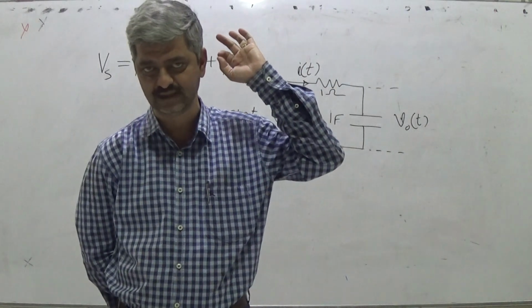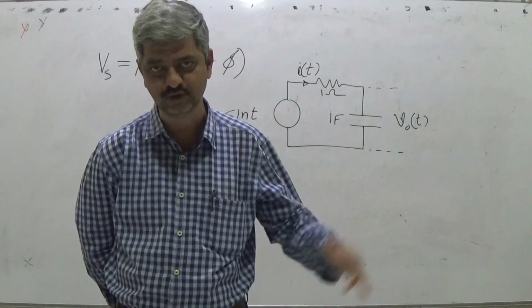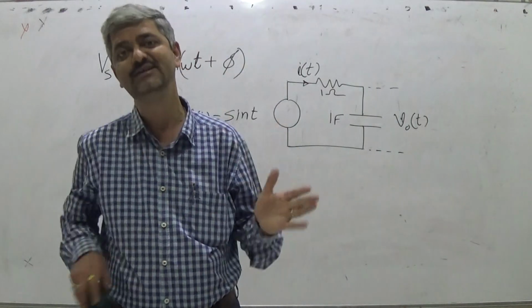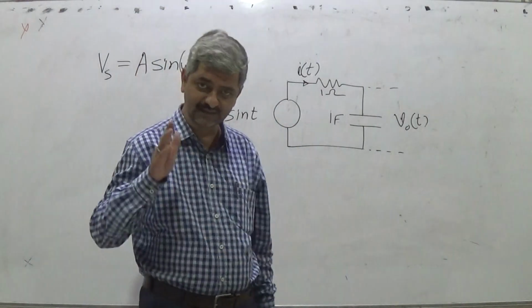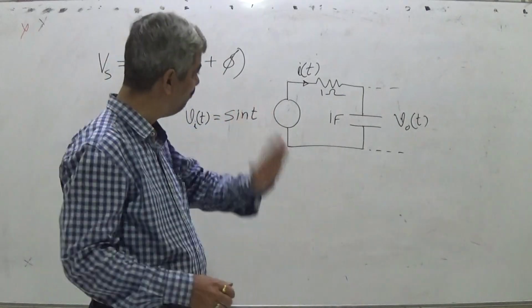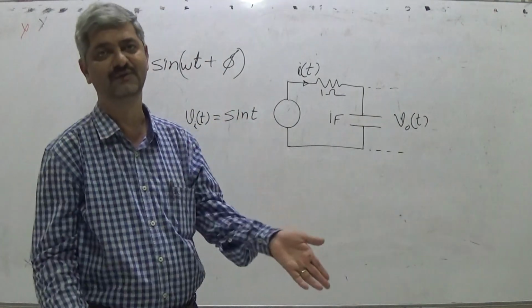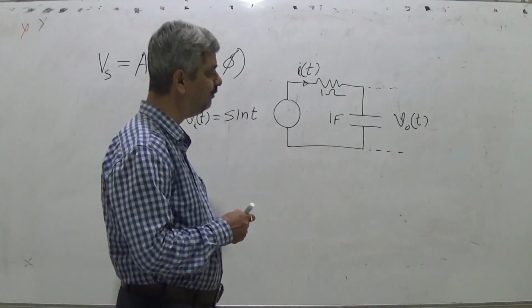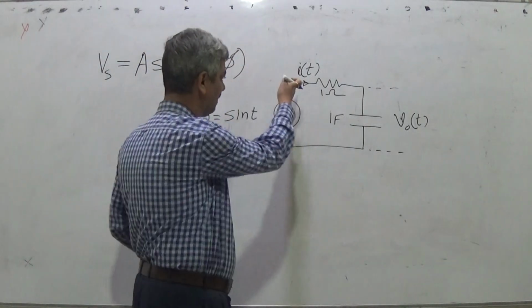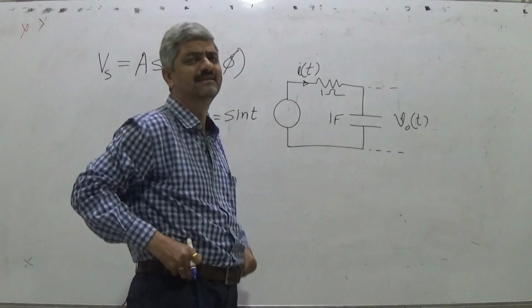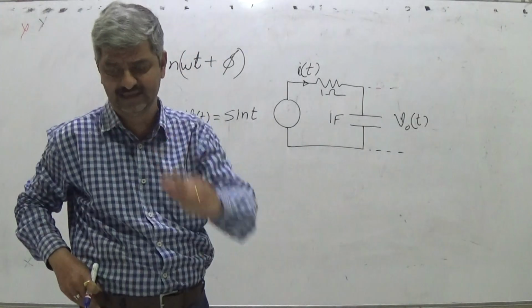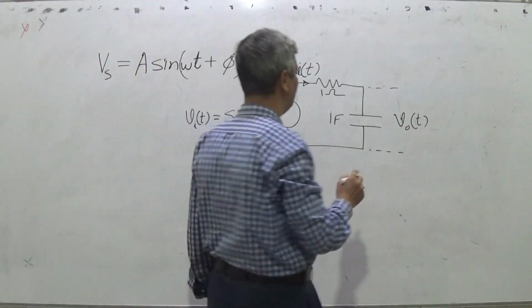The current in every branch and the voltage between any two points is sinusoidal. So you can definitely assume one and then find the other. So Vout(t) or i(t) you can find, because the moment you find one, the other is automatic. So let us assume Vout(t),